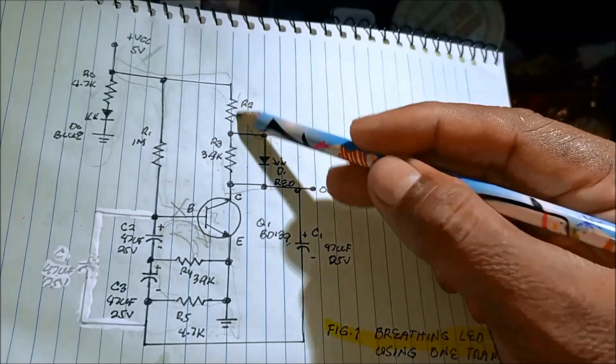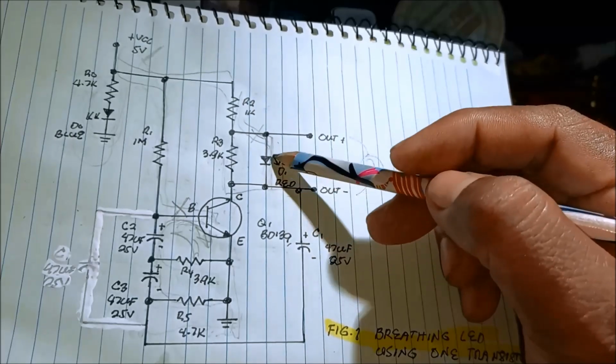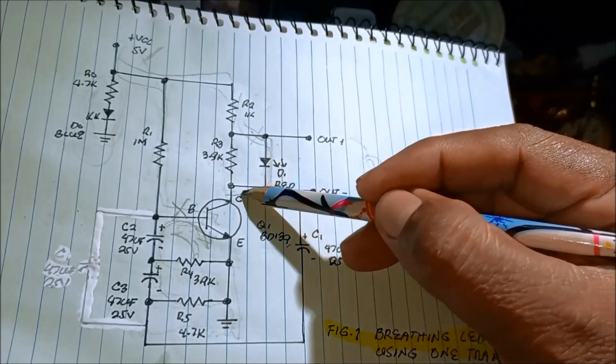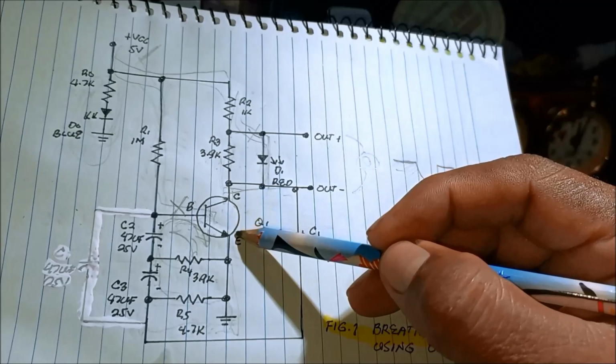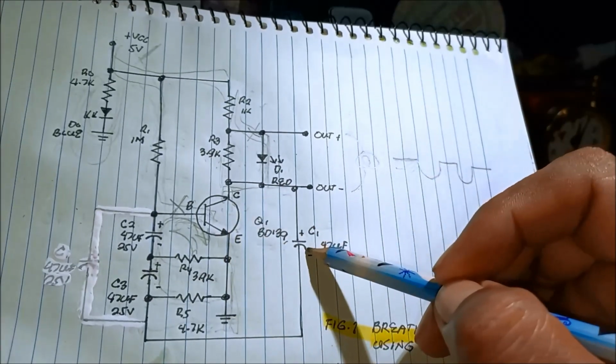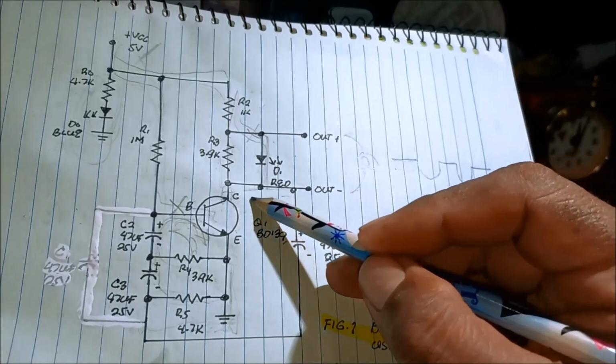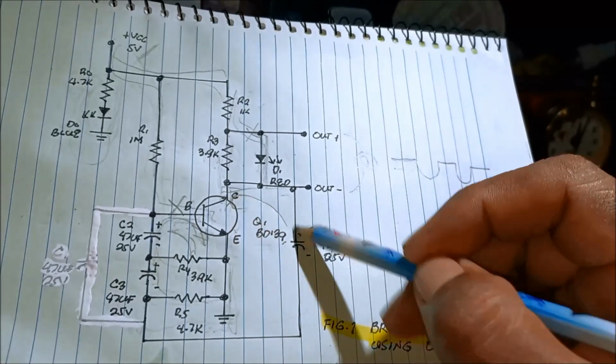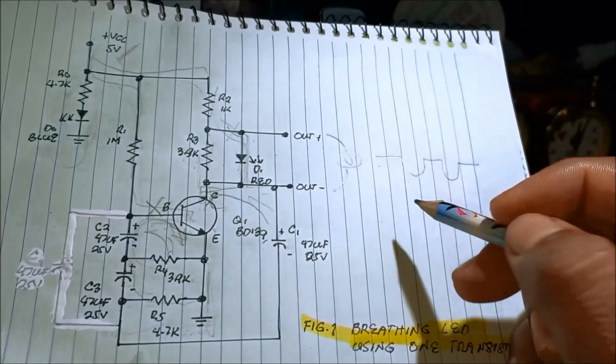There is now the LED now turns on, and then current flows from collector to emitter and then to the ground. And this capacitor will also discharge through the collector. So they are all discharging. That's why we have this